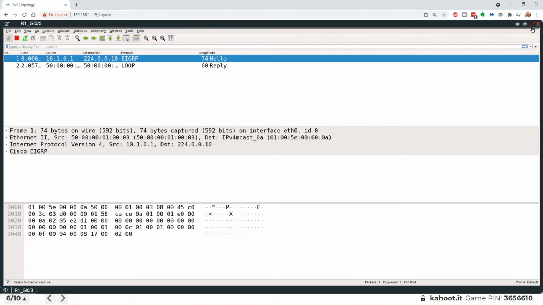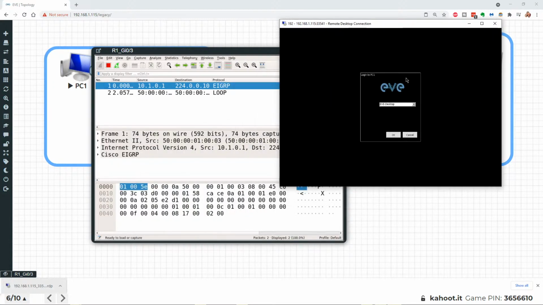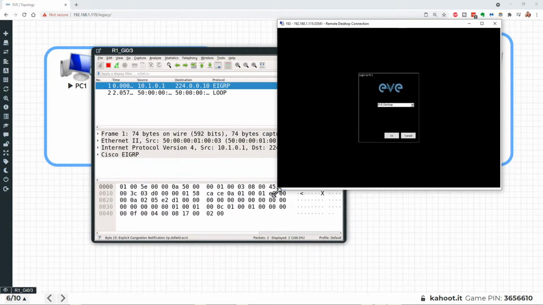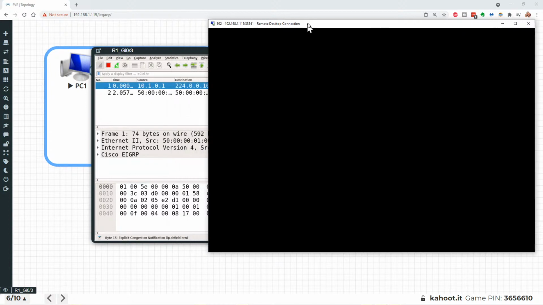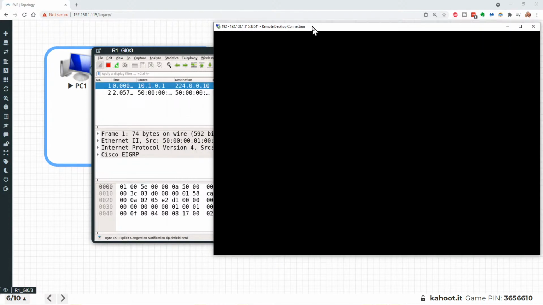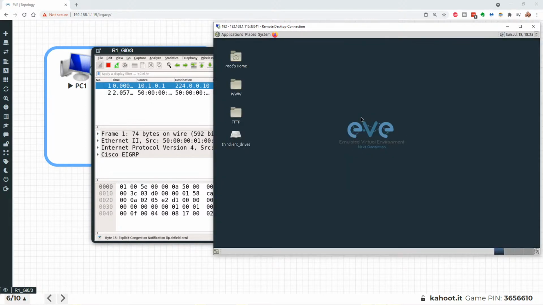Let's do this real quick. Let me minimize that. Let me go to this PC real quick. And this PC is a little virtual machine in this lab environment. And for CCNAs, I recommend starting with Packet Tracer. And then as you get to the CCNP level and other vendors, you can use other emulators that basically are a pain to learn. But once you get them going, they're great. But for the entry level, stick with Packet Tracer.